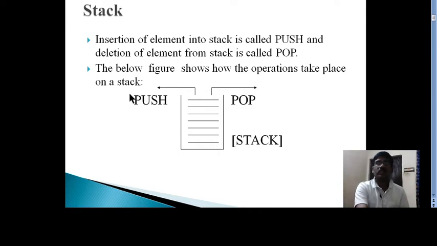Push is nothing but an operation of insertion through one end, through the top. Pop is also an operation of deletion through that top. So insertion of elements into the stack is called the push operation, and the deletion of elements from the stack is called the pop operation. And you can logically view the stack as shown here.